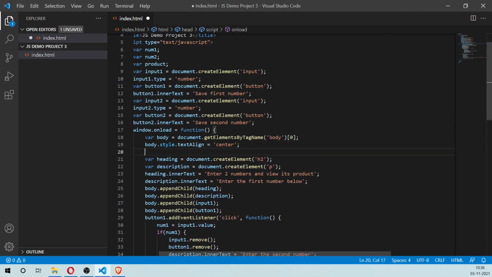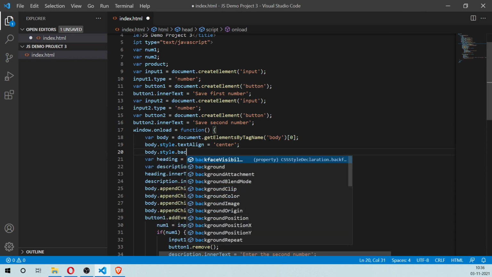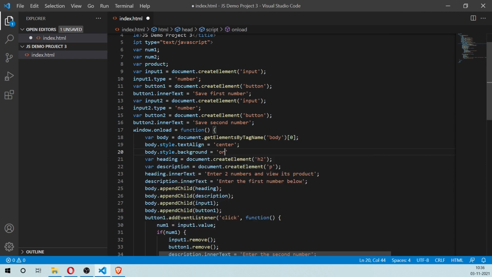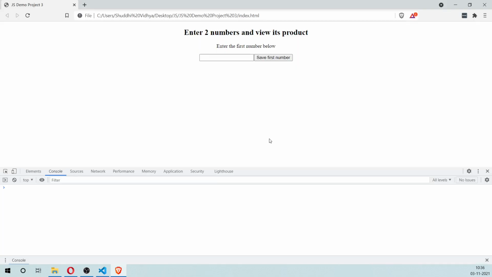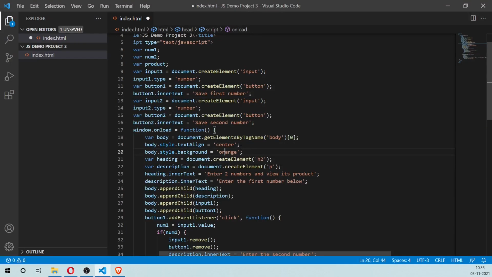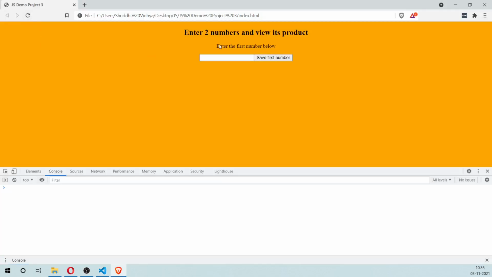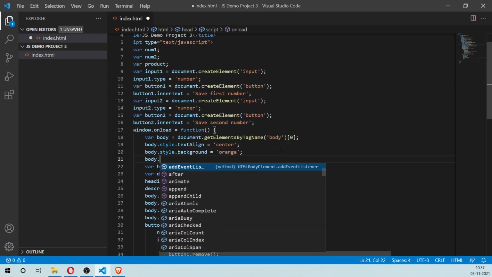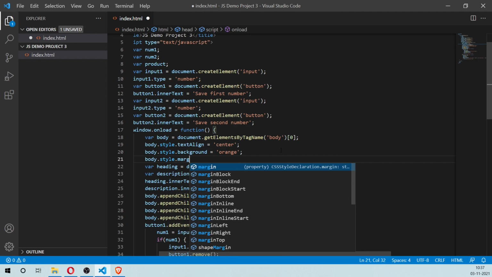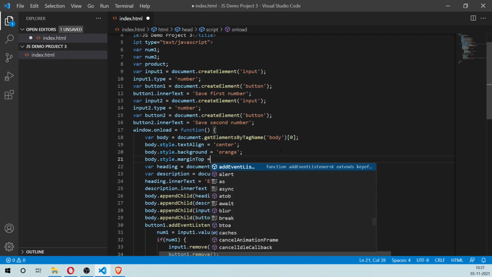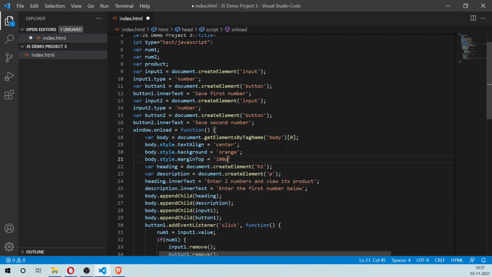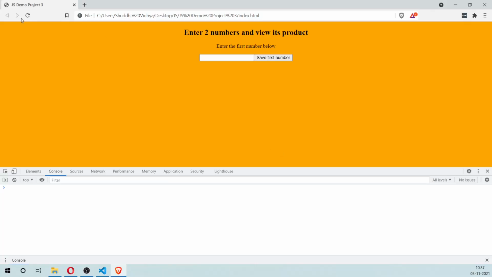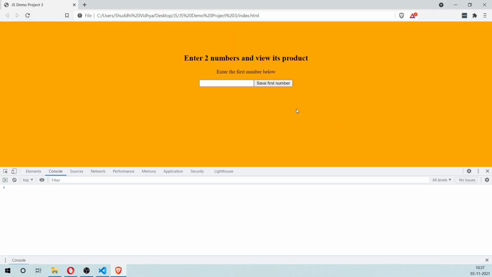We can also say body.style.background equals orange, and give it a certain color. You can also add a margin property. Margin top equals 100 pixels. So that will center the items a little bit like this.